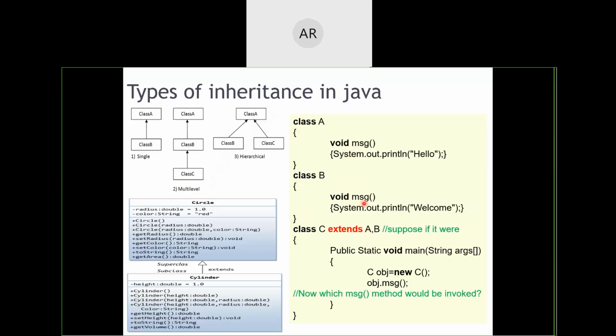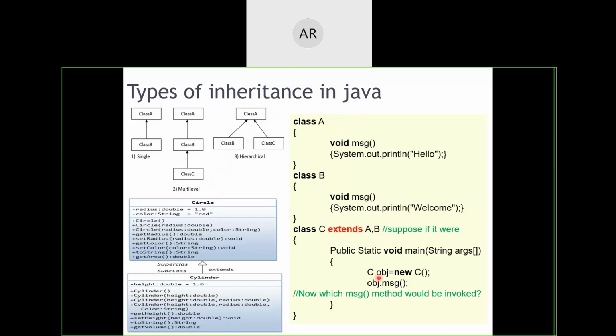There is no problem. Now there is one class C and I am inheriting class A and B inside it. That means whatever attributes and properties are there for class A as well as class B will get copied into class C. Correct? That is because of inheritance.